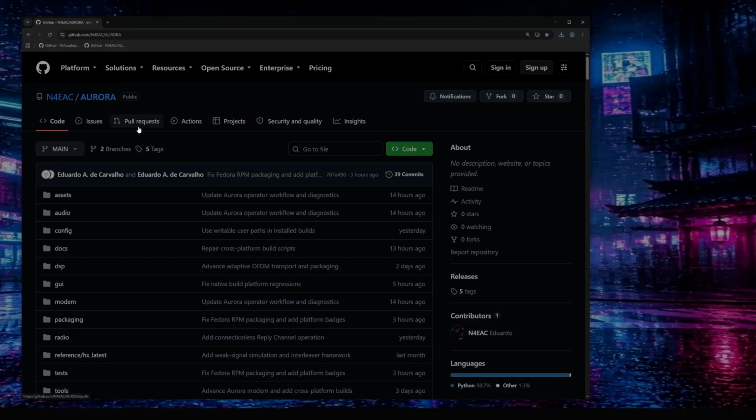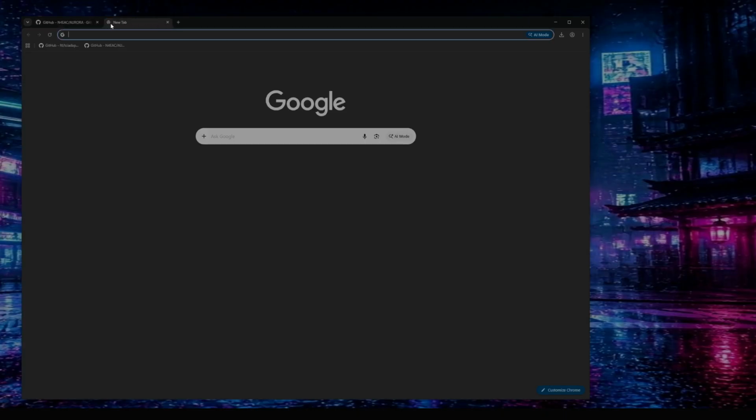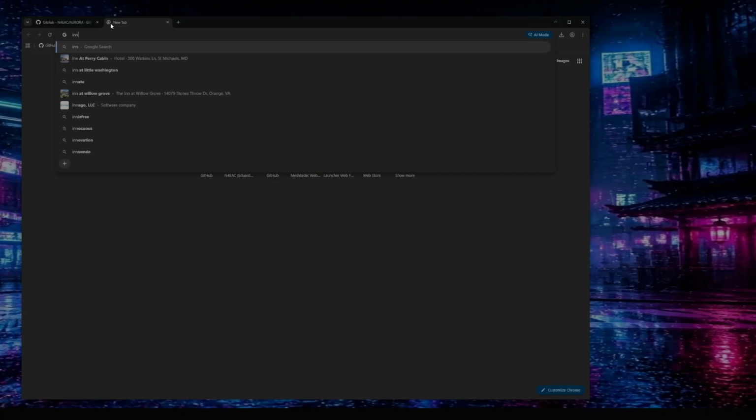So first thing I want to do is go to the website where Aurora is, and for this, in terms of downloading, compiling, and creating the installer, you want to make sure that you also have Inno Setup installed in your computer. So let me show you real quick what it is.